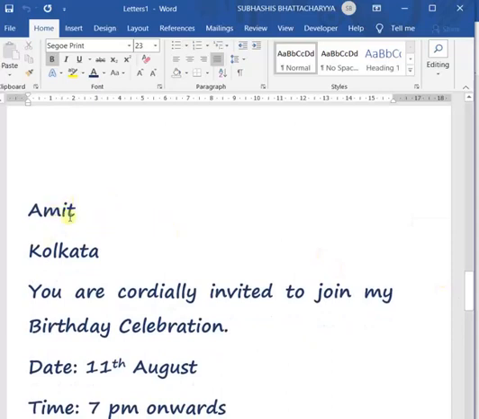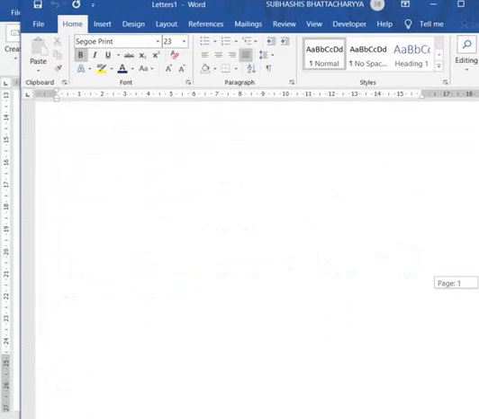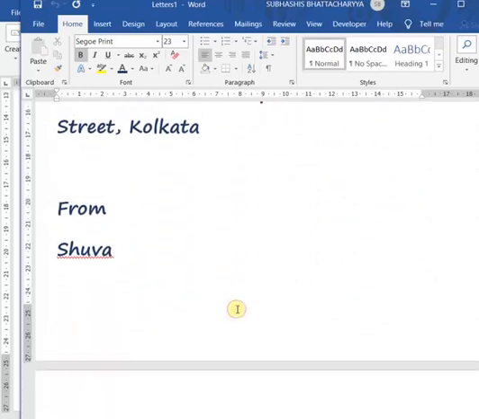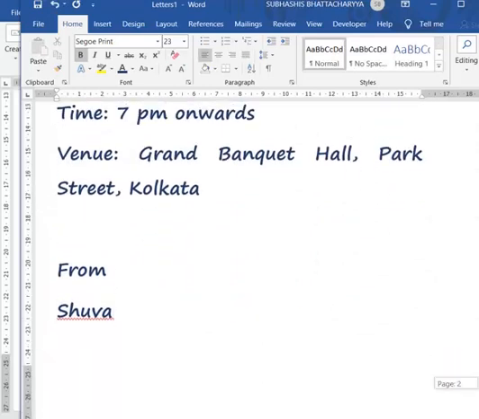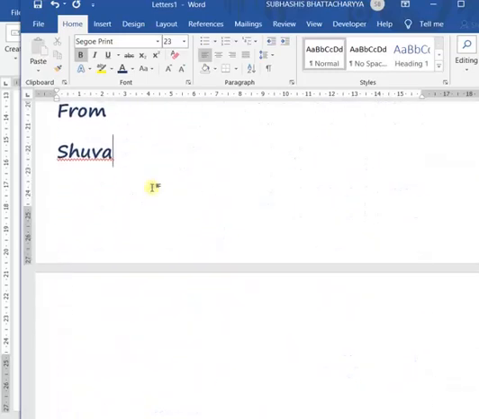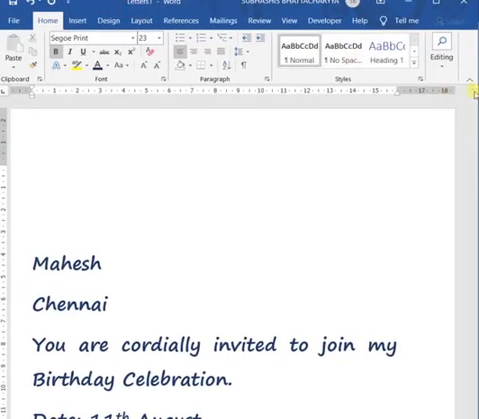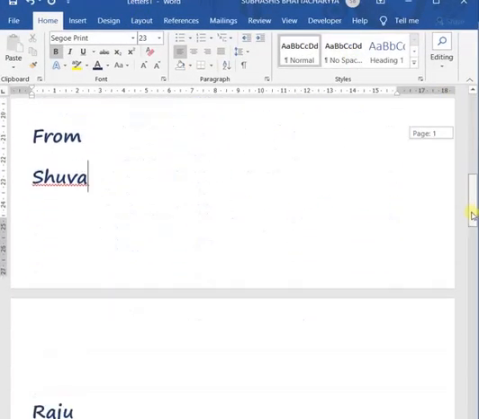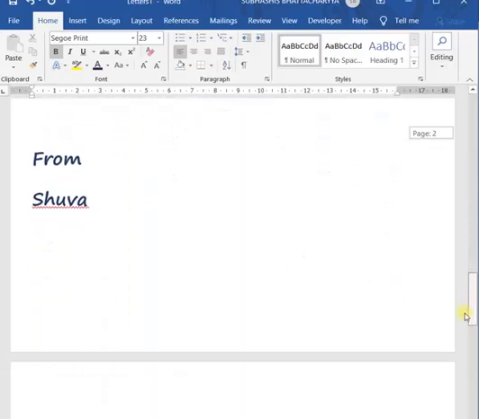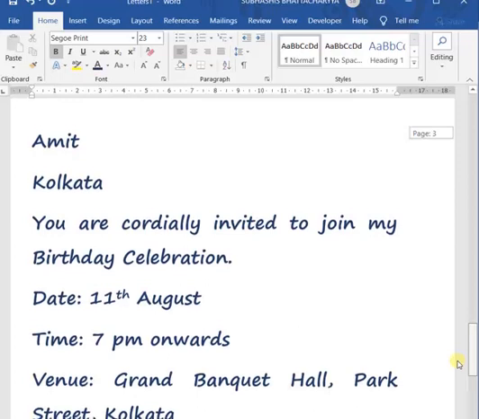Third page belongs to the third recipient. So you can see this is page 1, this is page 2, this is page 3. 3 pages for 3 different contacts, automatically generated.